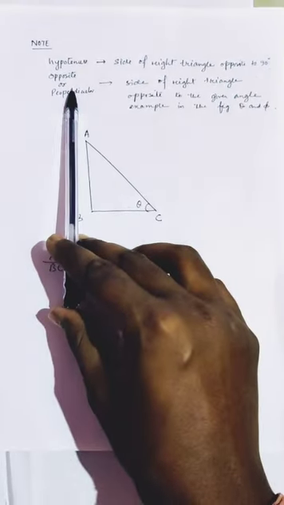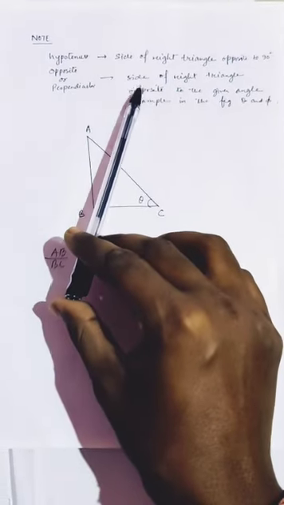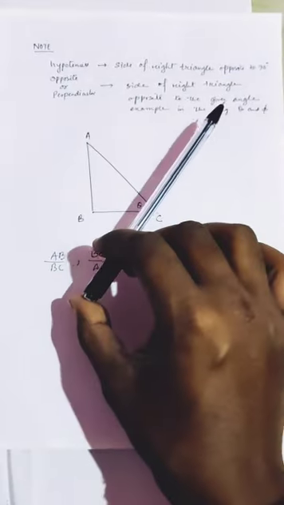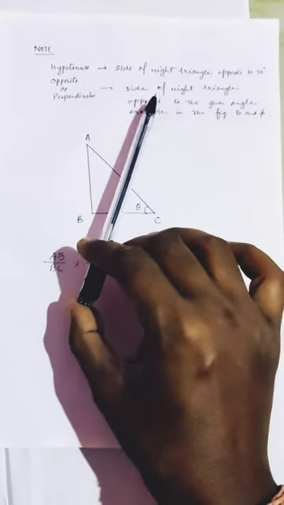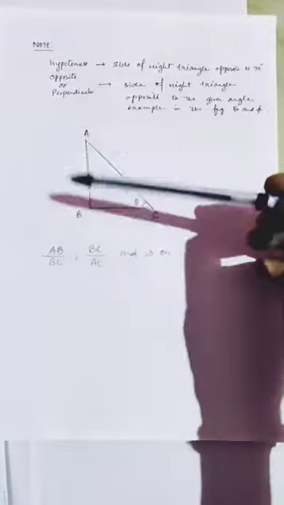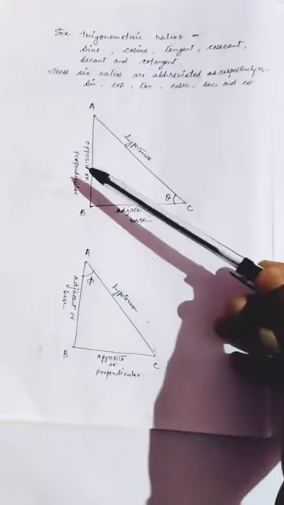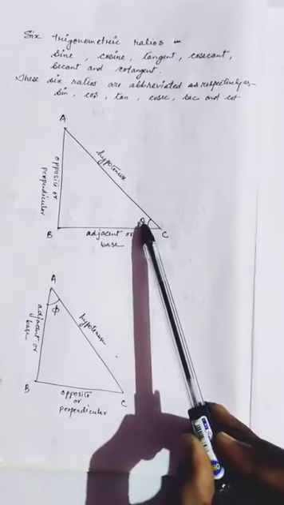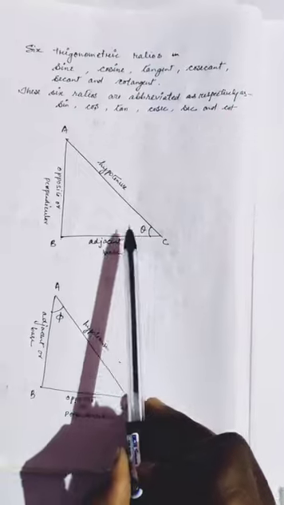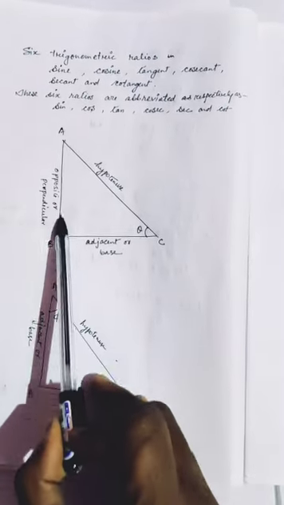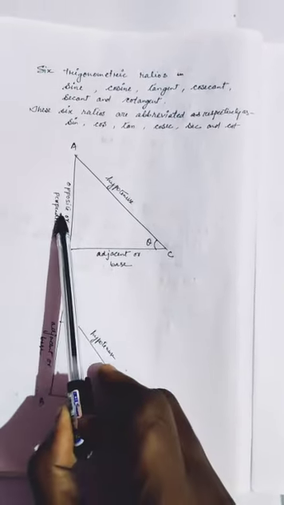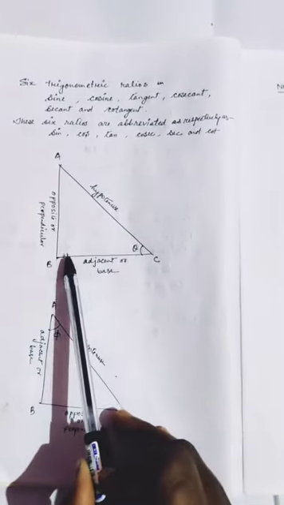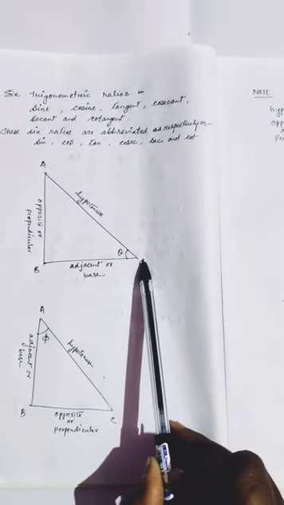Now the opposite side or perpendicular side. It is defined in this way. In a right angle triangle, whatever angle you consider, the side of the right angle triangle opposite to the given angle is the opposite side. For example, in these 2 diagrams, if I consider the angle C, which is denoted by theta, you see the side AB is opposite to this angle. Now this opposite side AB will be the perpendicular for this right angle triangle,